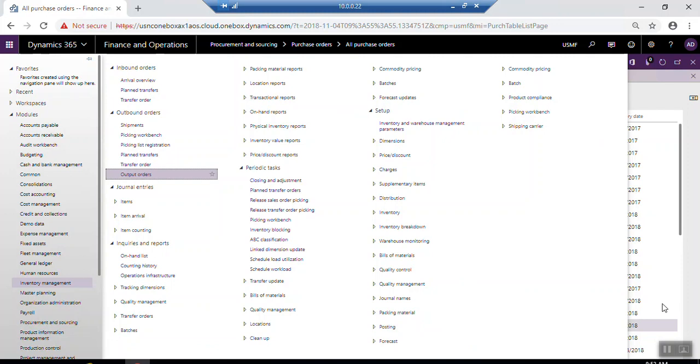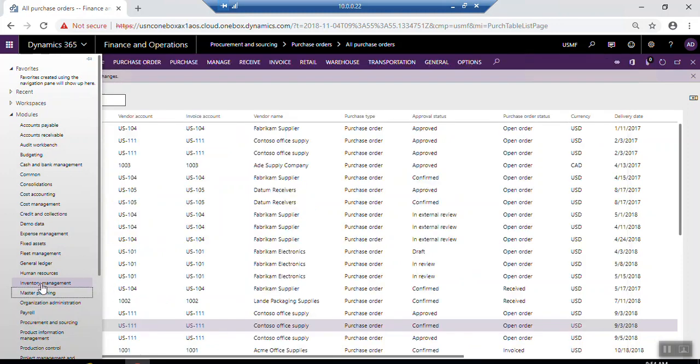There is another dimension which is called the owner. The owner tracking dimension can also be used for inventory tracking. The tracking dimension can be selected manually or generated automatically according to the setup of the tracking number groups. So, if you want to set up the tracking number groups to be automatic or manual, we will see now from inventory management,